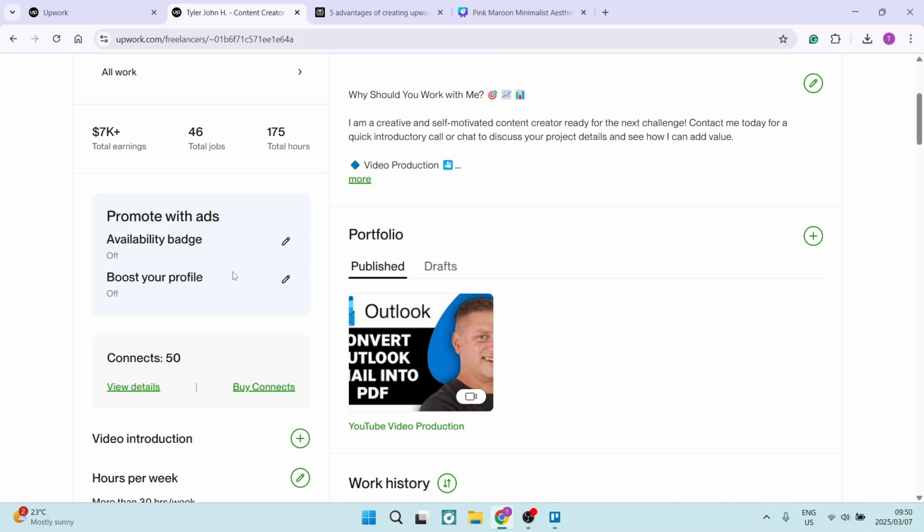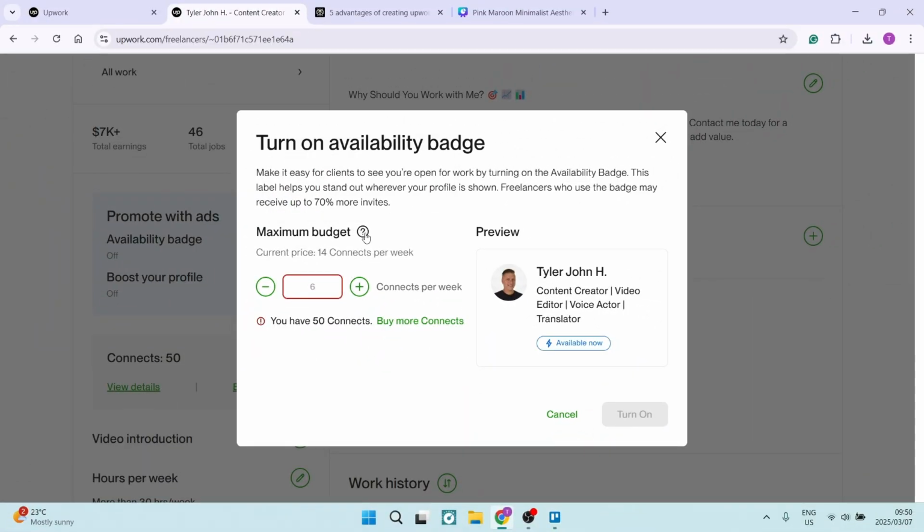So the availability badge. Now, the very important thing about an availability badge is it does highlight your availability. Okay, it makes you more visible to clients on Upwork, but it does cost connects. Over here on the left hand side, it says there is a budget of 14 connects. This is the minimum amount that you can add in here. All right, so 14 connects per week. You can, of course, turn it off anytime you'd like, but for 14 connects a week, I think